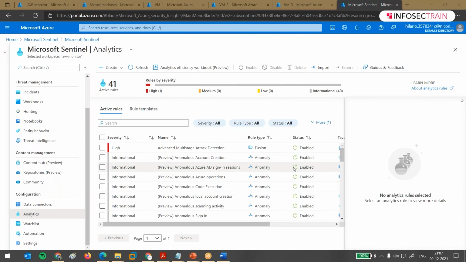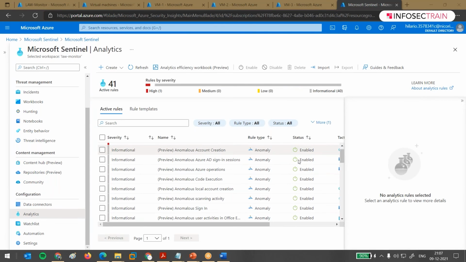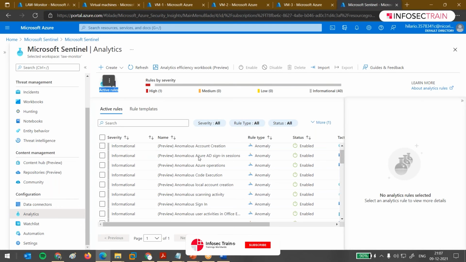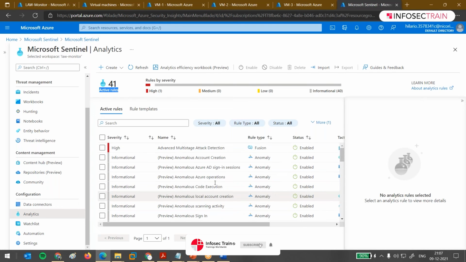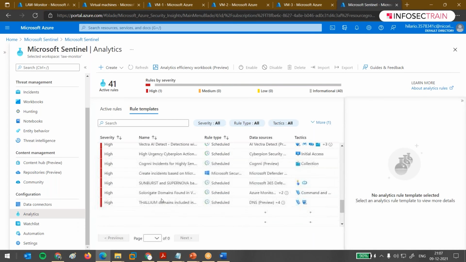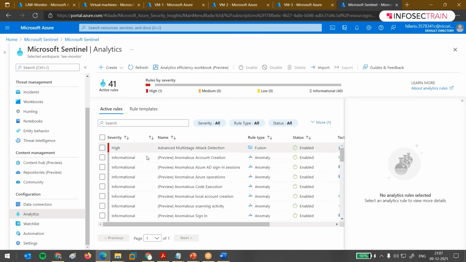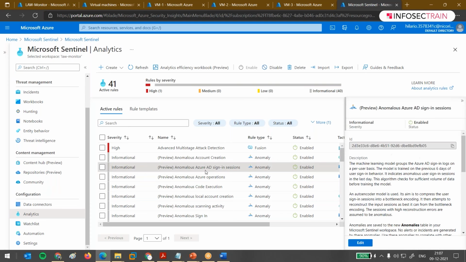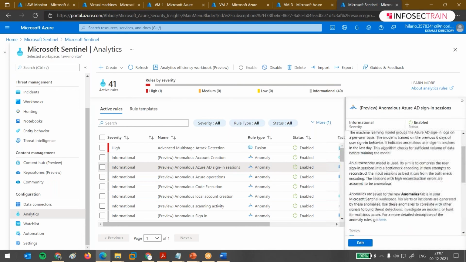Okay, with this analytics option, you can see that right now it is telling me some active rules are already running, right? So these are the active rules. There are some rule templates that you can select and edit according to your need. So if anything interesting, okay, anomalous Azure AD sign-in scenarios, this is again in preview, and